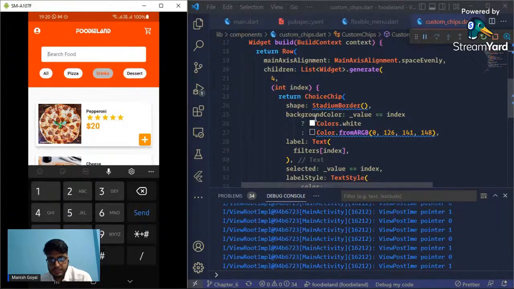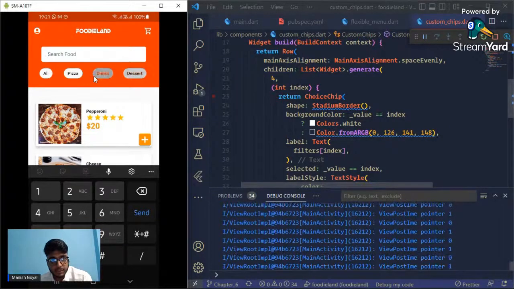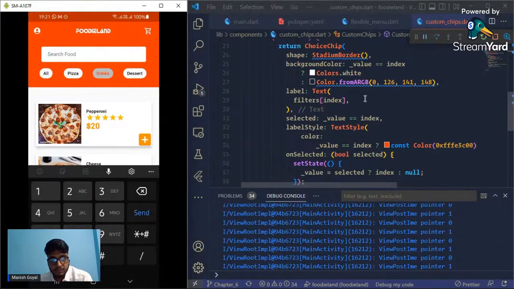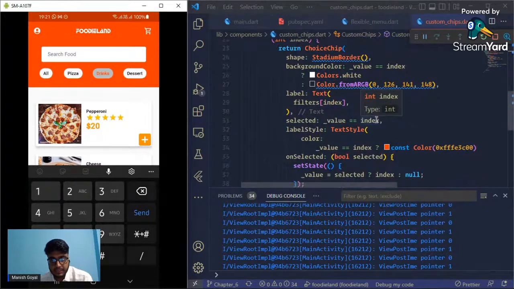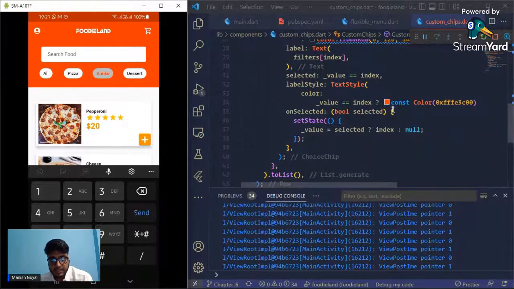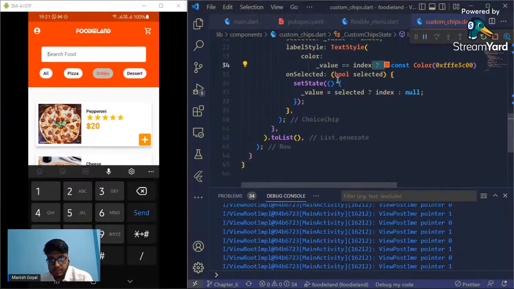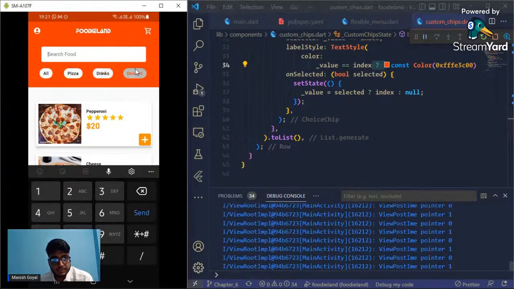You get the changes. Color white when not selected, color different when selected, label, filters of index, filters, index, label, you get selected values index. If value selected, then constant color. This is the label color. You look at it, the ternary. On selected bool, set state, selected null, the state changes,